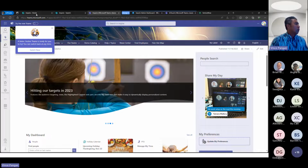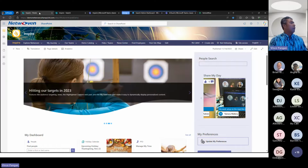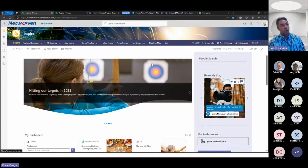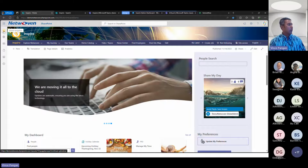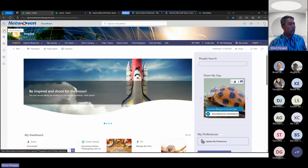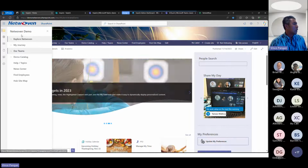So one of the other features that I mentioned was the global navigation, right? If you haven't deployed Viva Connections before and you're looking at your SharePoint Online site, you're probably going to see a little logo that looks like a house right here in your left navigation bar, and the house might just take you to the SharePoint Online homepage, which is not the most useful. Once you deploy Viva Connections, you actually get your global navigation